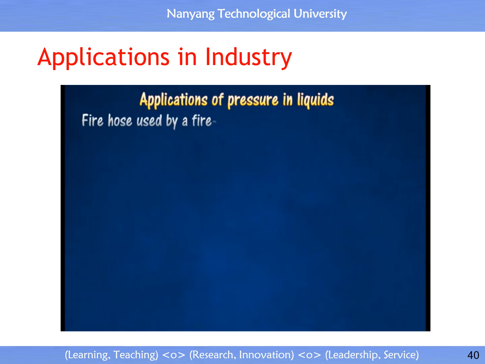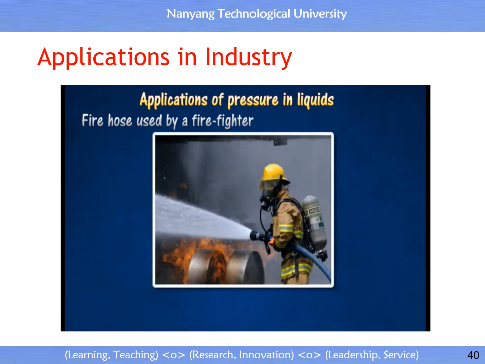A firefighter requires a fire hose for directing a water jet of very high pressure to put out a fire in a high-rise building. To produce a pressurized water jet, the water is accelerated by an electric pump, before flowing through